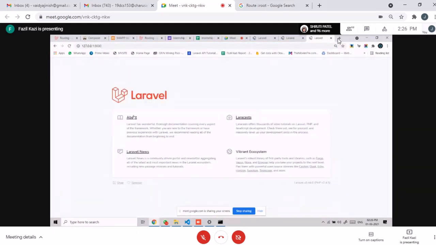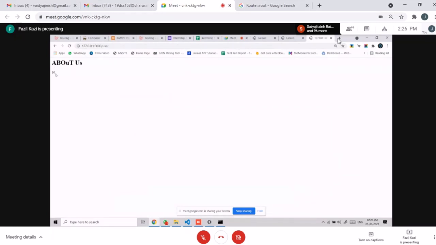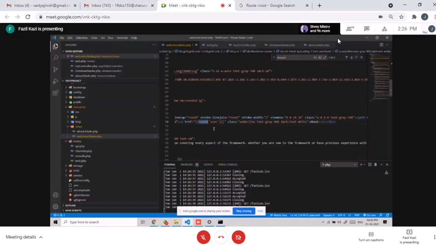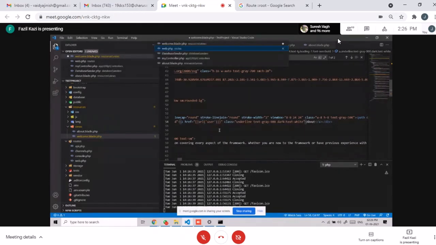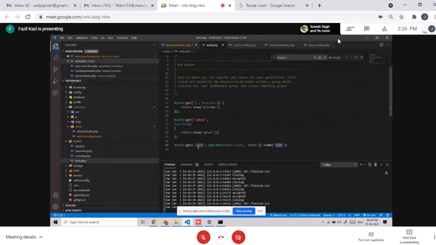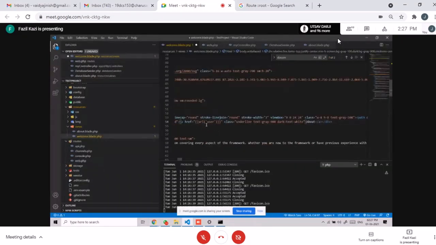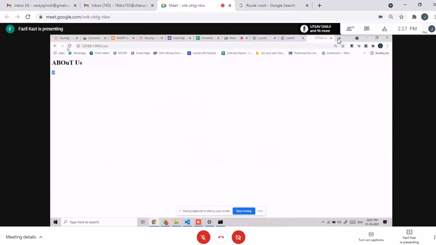Now when we click on about, it will redirect us to that controller, and that controller will return us this view with this particular value. If you want to call it by the URL, you can write the URL here. Let me make some change. The URL will be user1 and the name will be user. Now when I type the URL and give the route name, it won't work. 404 not found.